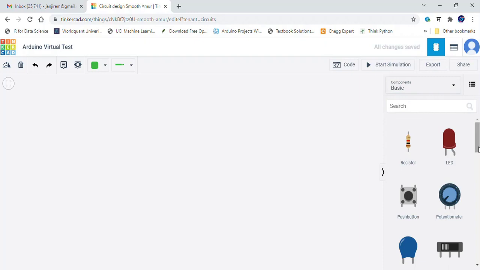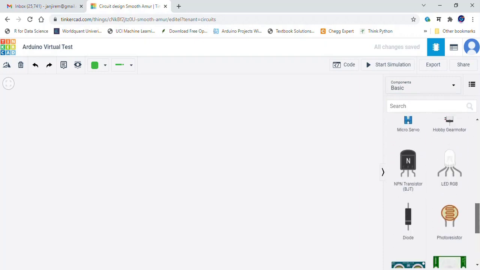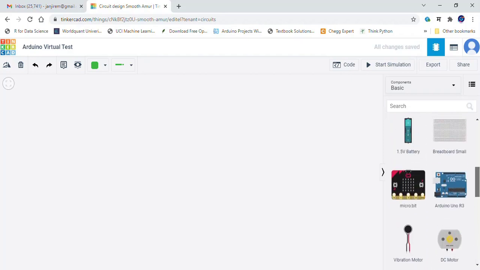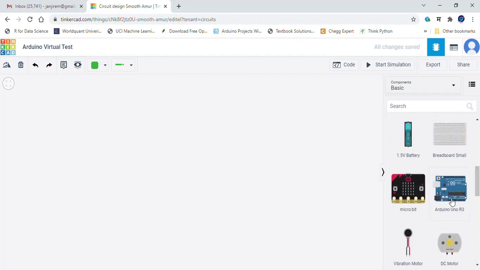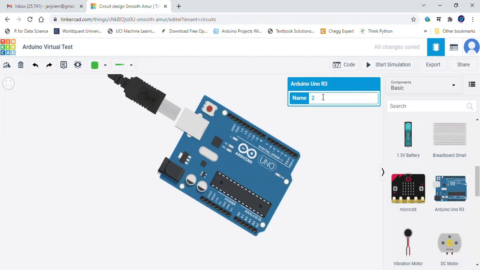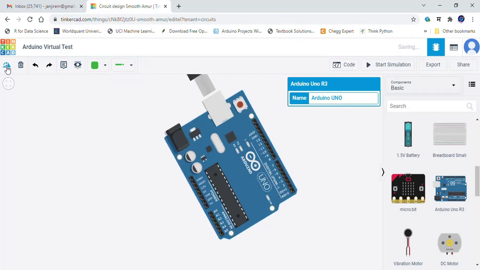Okay, I'm just creating a simple design. Here I'm taking an Arduino. You just have to drag and drop this board here, and I'm giving it a name. Then I'm moving it straight.